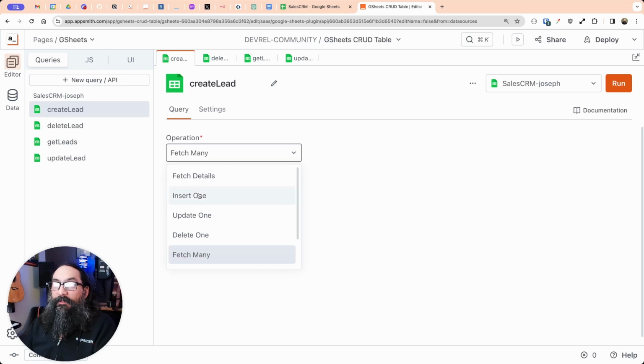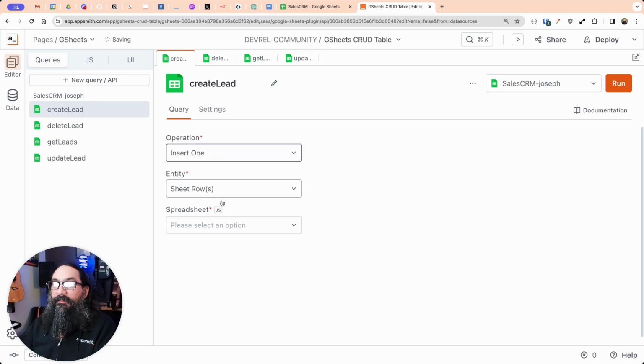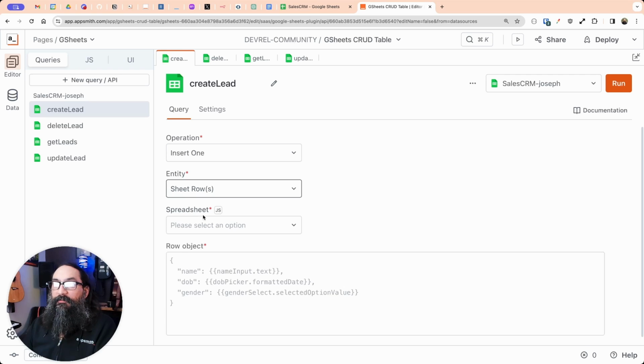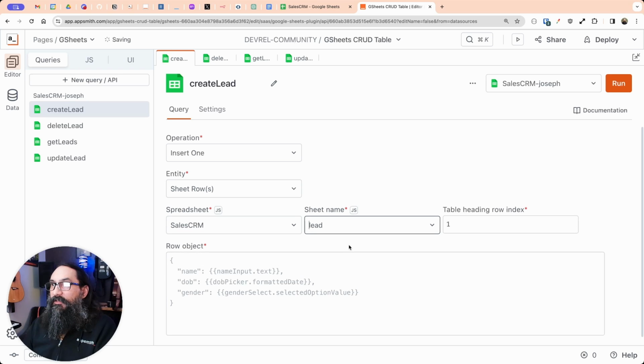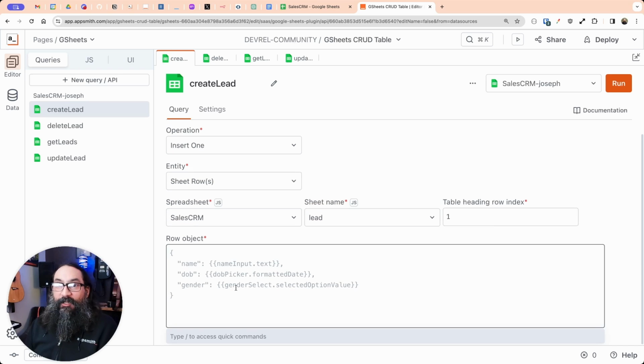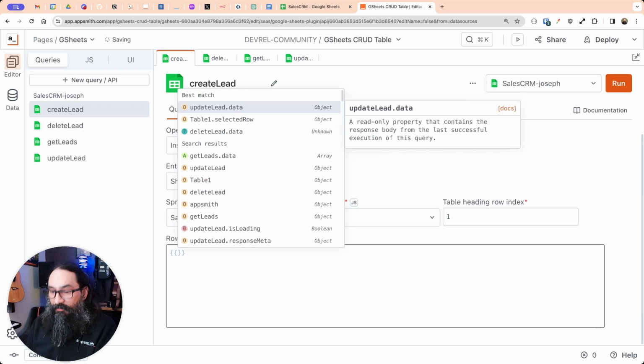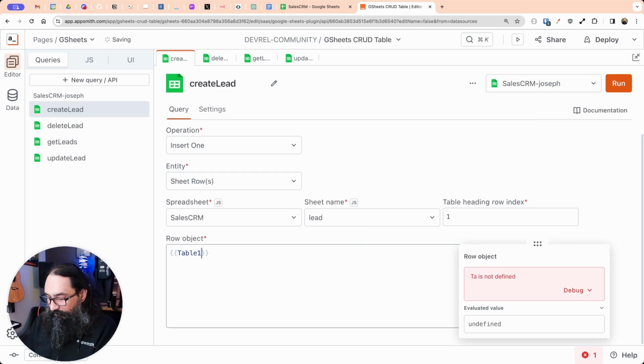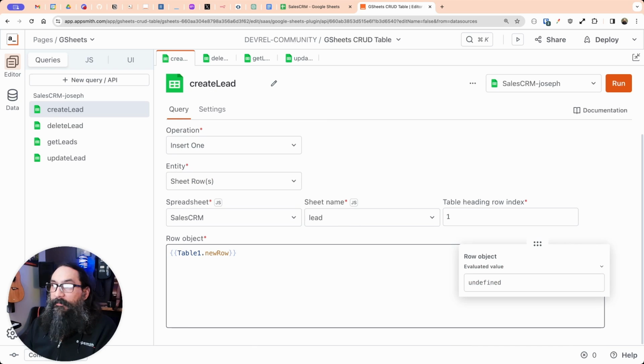All right, and we will use the insert one sheet row method from our CRM lead sheet. So we already saw table1.selectedRow and triggeredRow and updatedRow. Now we're going to use table1's newRow. So the object that we're passing in, we're just going to reference table1.newRow. And then if we go back to the table widget,